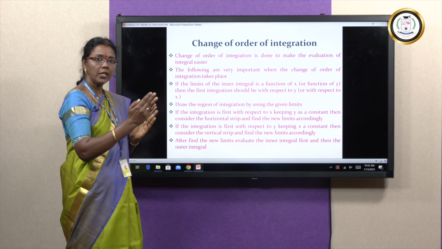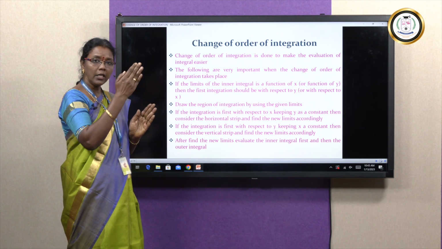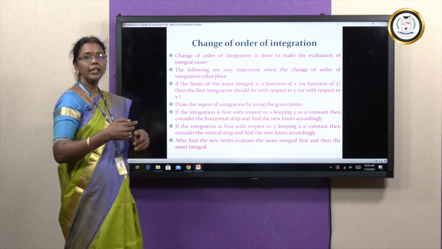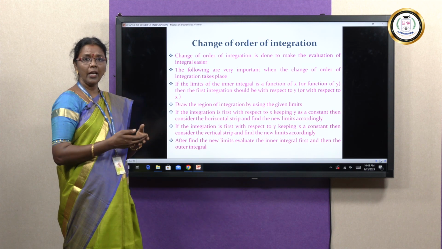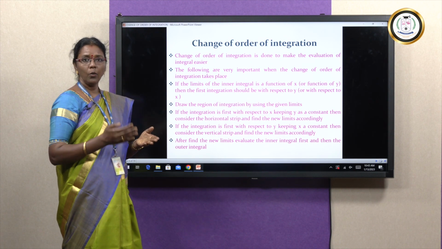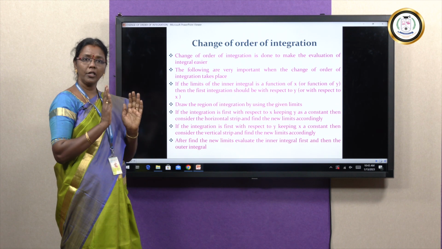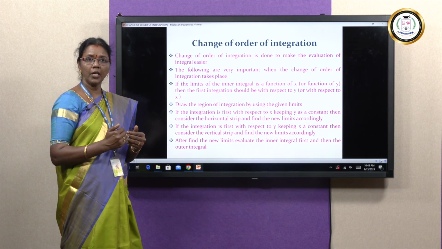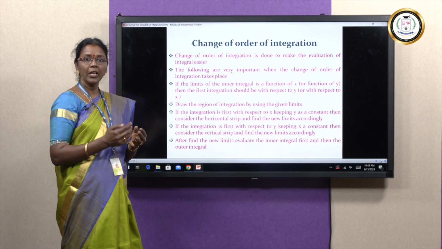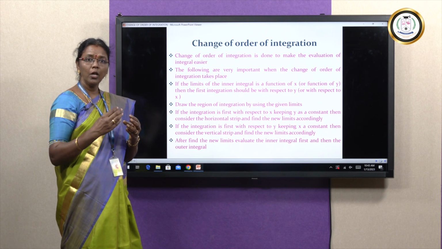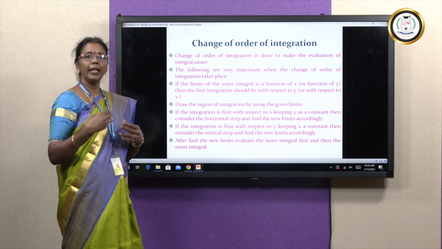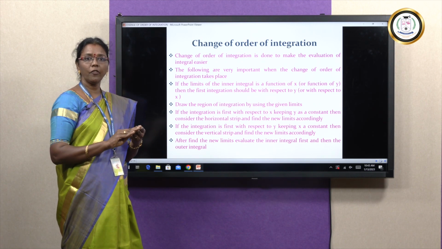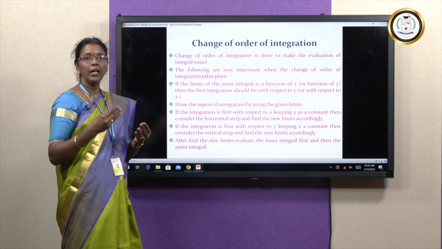And if you are moving towards the right direction, you will meet another boundary, that gives you the upper limit of x. Then we can use the integration and proceed. While you are integrating with respect to y, we have to treat x as a constant. And then we will substitute the limits for y, then the function will be reduced to a function of x alone. And then we can integrate with respect to x, substituting the limits of x, we will be getting that integral